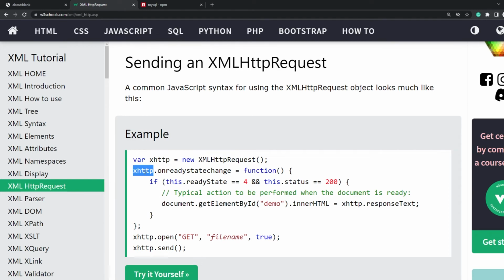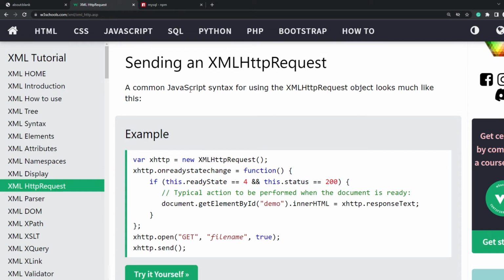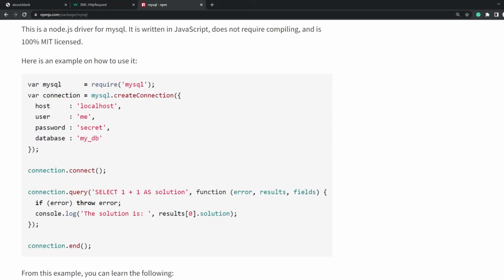So if you see here, for your HTTP request, you had to define something called the onreadystatechange property, which took a function as a value, and this function was basically the callback function which was getting called once your request was successful. And if you want to discuss what modern day libraries use callbacks for handling asynchronous requests, perhaps the best